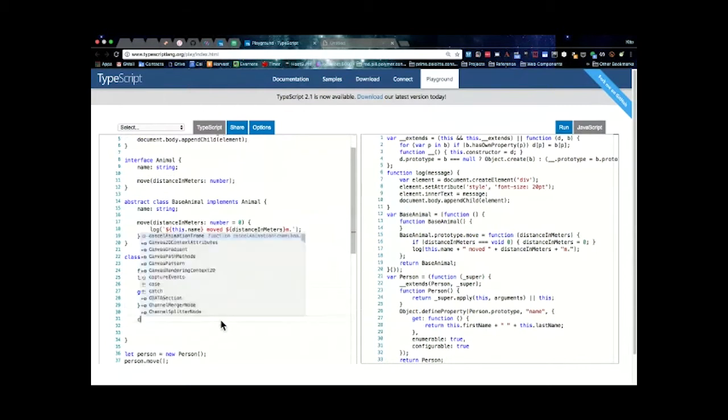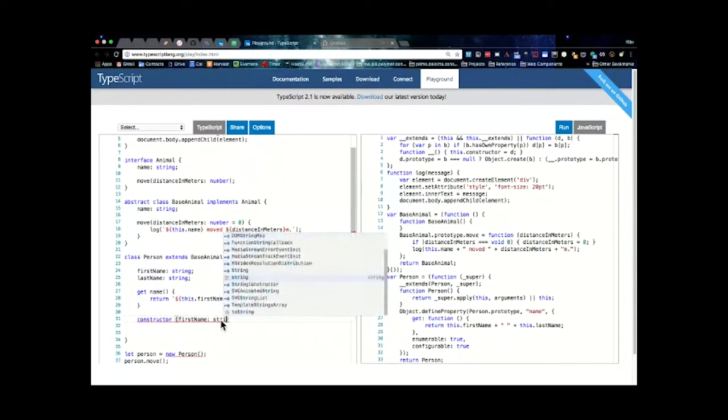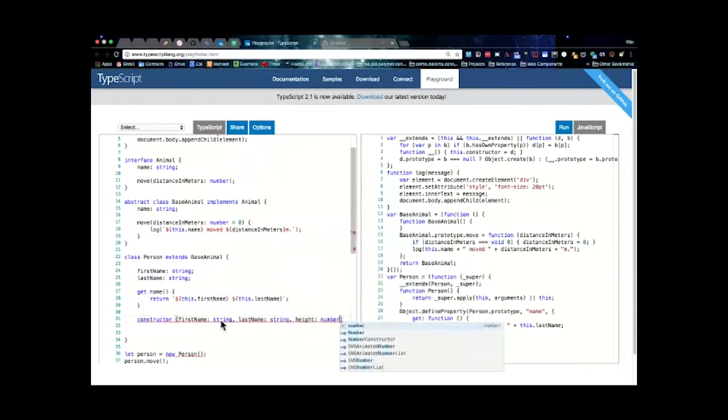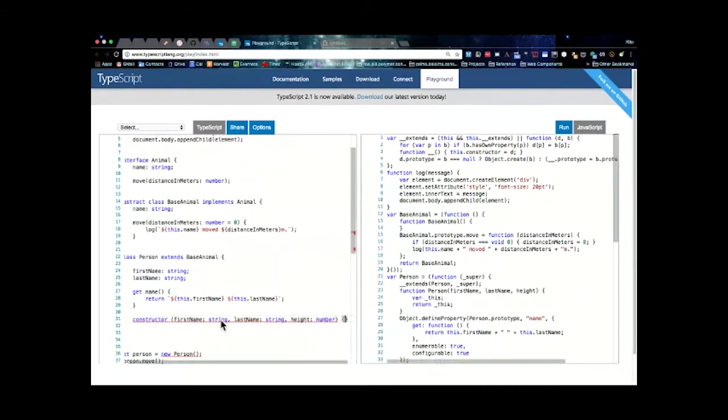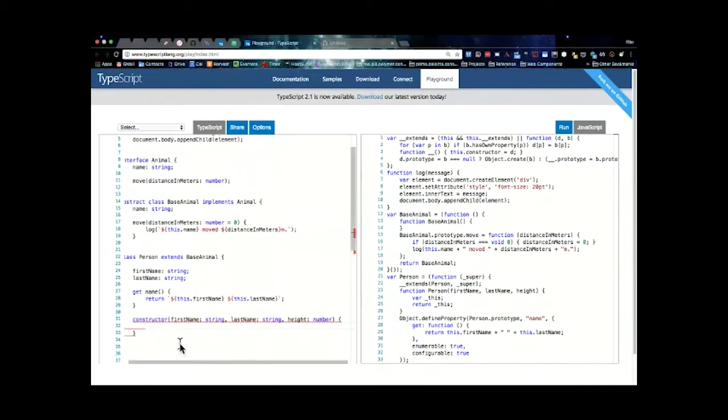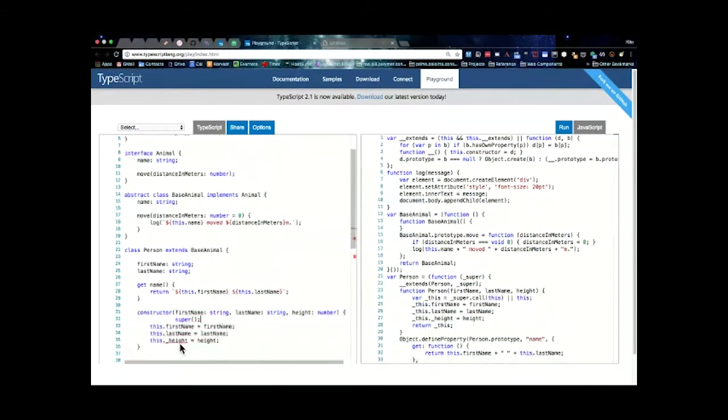So I can declare a constructor. Okay. Be a little lazy here. All right,